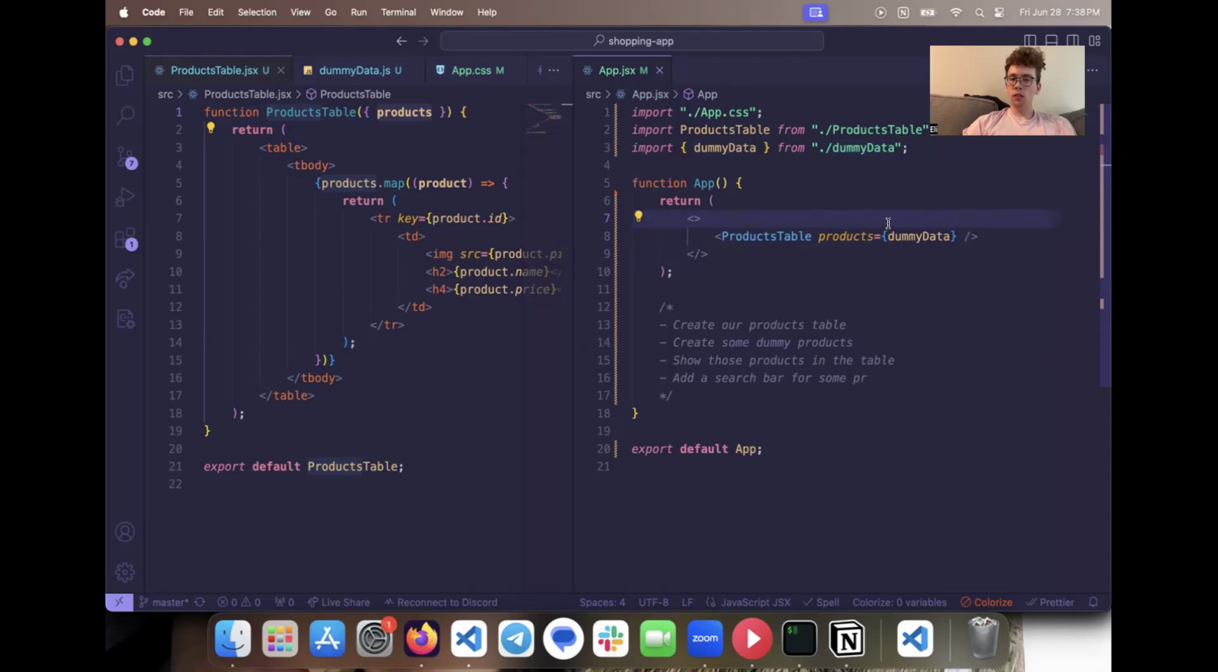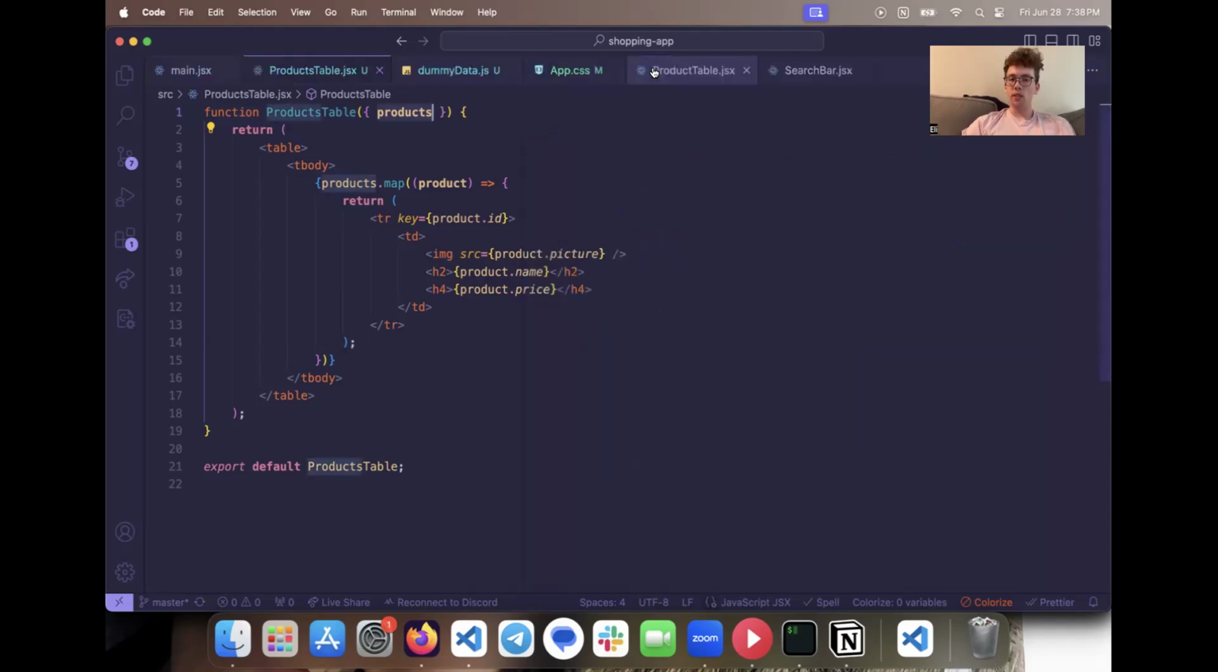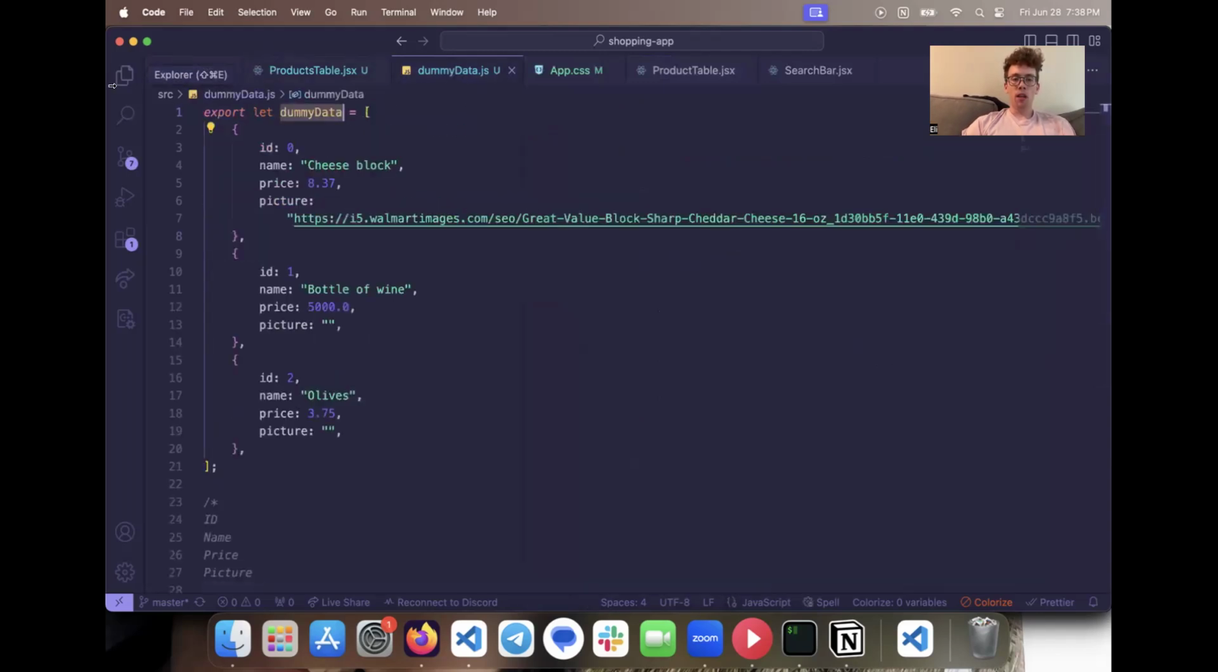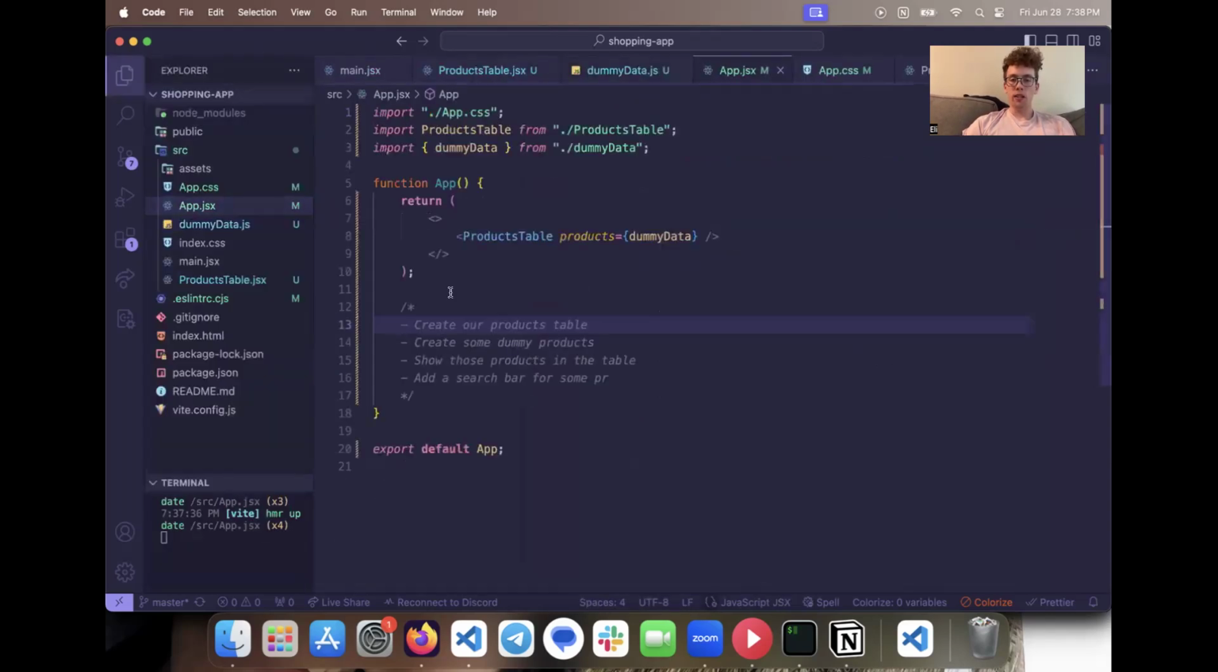All right. Let's move on to state, which is the other big thing that is important. So another thing we said we wanted to do in this project, we did this. I don't know how to make a check mark, so we'll just annotate it as done. We created our dummy products, we showed them in our table, and the last thing we need to do is